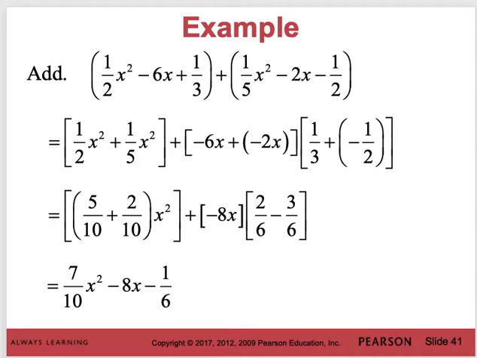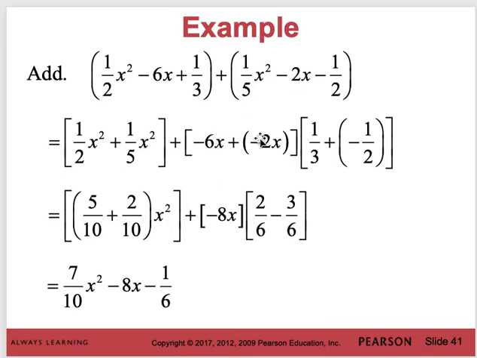Here's another example. So we can combine our like terms and we can put them in decreasing order. So our highest variable is an x squared. We can put that first. When adding fractions, we have to have the same denominator. So the least common multiple between 2 and 5 is 10. So I can rewrite 1/2 as 5/10 and 1/5 as 2/10 x squared, plus we had our 6x, negative 6x,